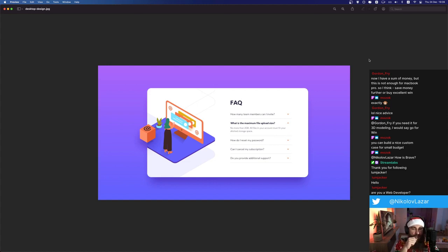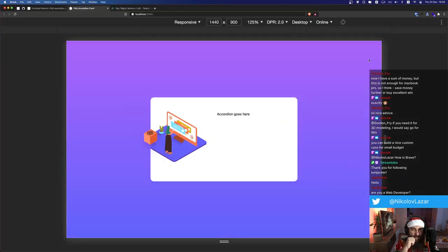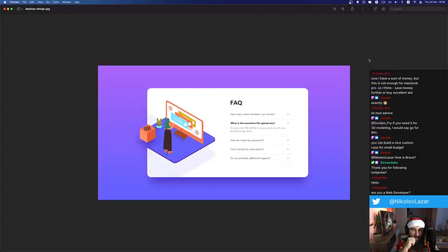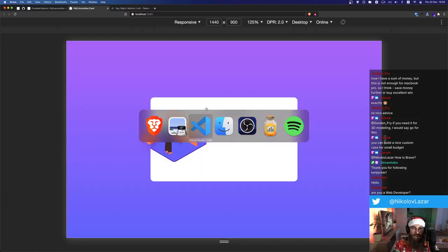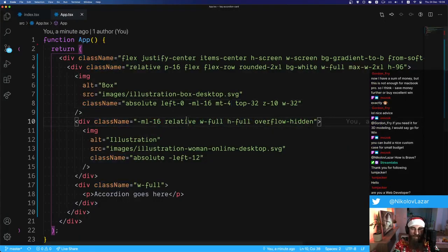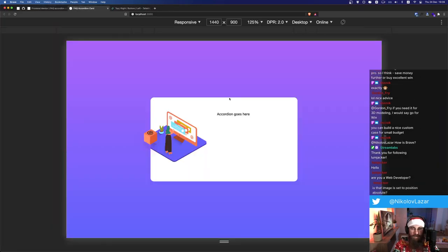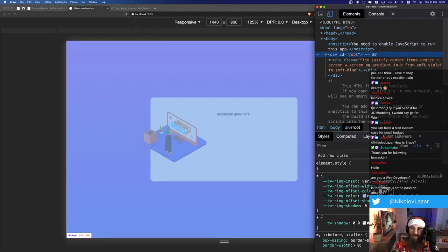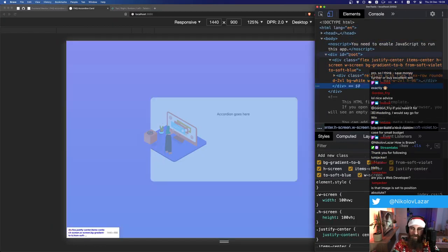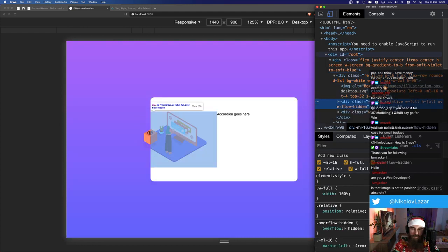But yeah, okay, we got the shadows here. We'll add them later. We got the illustration. Now let's add the actual background over here, as you guys can see. Let's see the left wrapper. How big is the left wrapper? Okay, so I guess we need to add, instead of a full height,